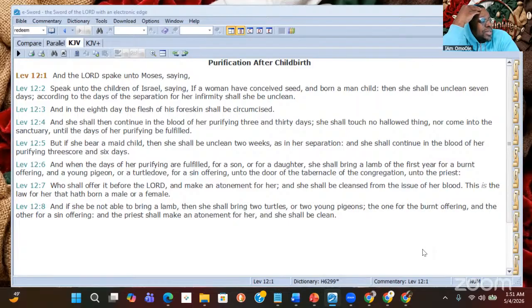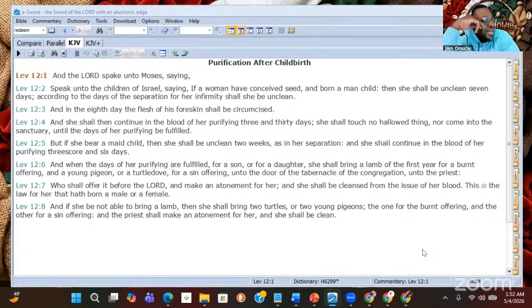She shall touch no hallowed thing or holy thing, nor come into the sanctuary until the days of her purifying be fulfilled. But if she bear a maid child, then she shall be unclean 2 weeks, as in her separation, and she shall continue in the blood of her purifying